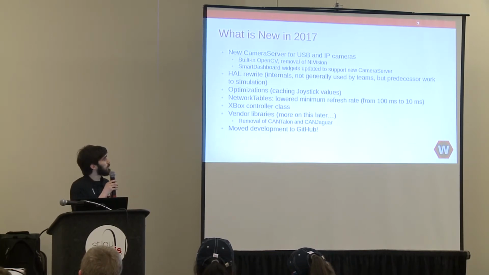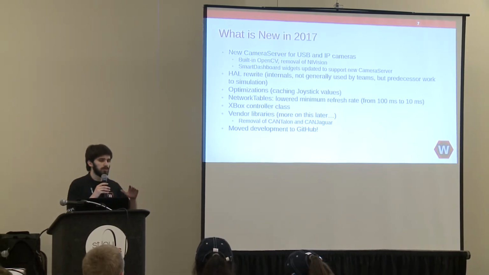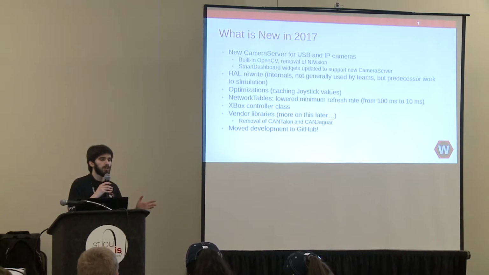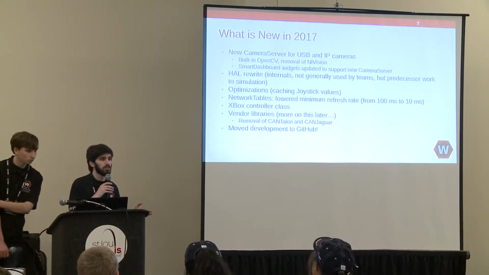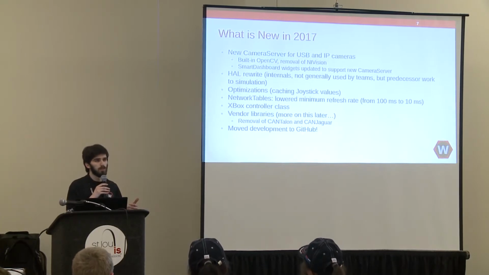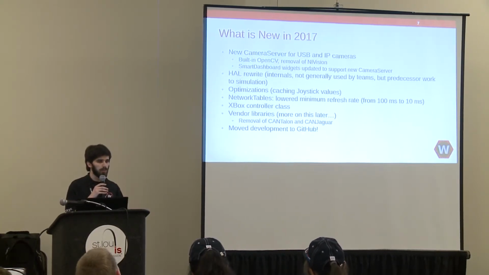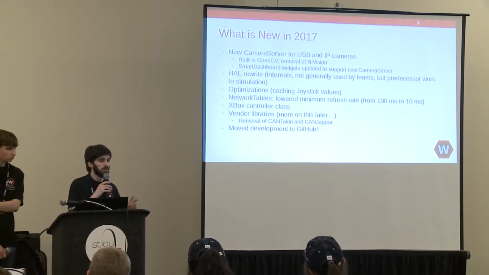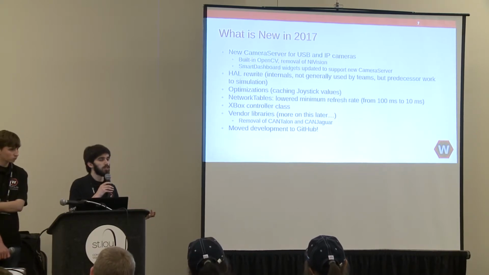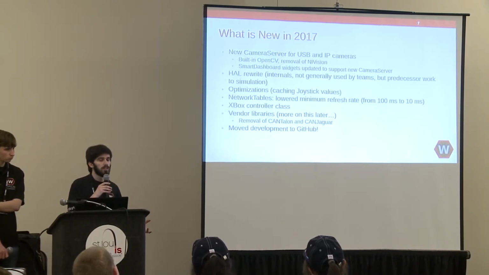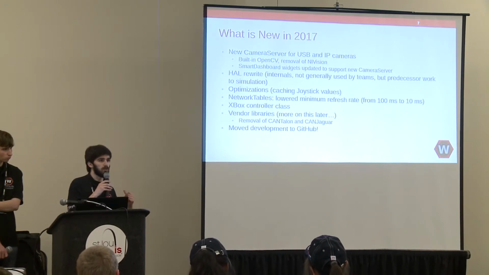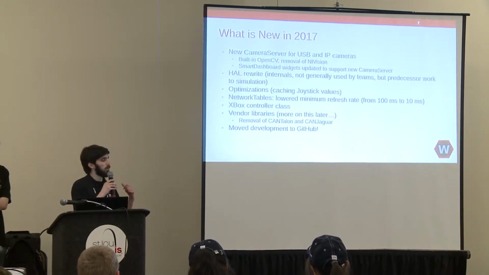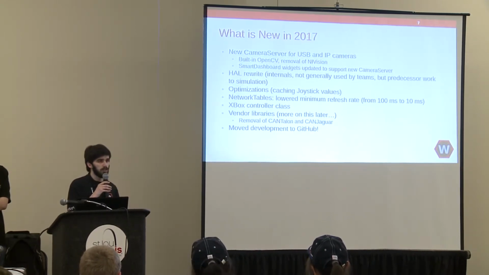New network table stuff. Originally network tables update rate was limited to 100 milliseconds or 10 hertz, which was kind of slow. It introduces a lot of latency, especially if you're trying to communicate from your robot to your driver station, because you have the network table delay of 100 milliseconds plus whatever the network delay is, plus the network table delay again coming back. So now we let you lower it all the way down to 10 milliseconds or 100 hertz